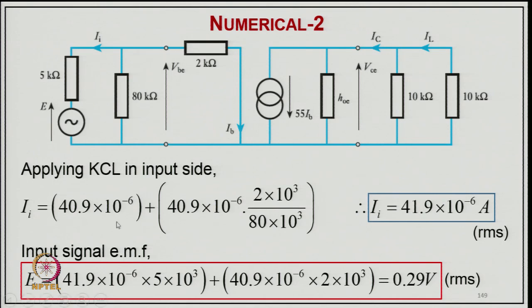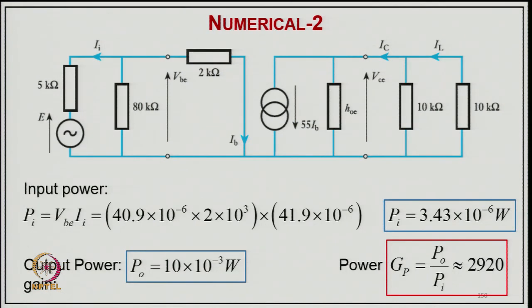So, you can have 40.9 × 10^3 applying this. So the input current comes again 41.9 microampere, and the input signal you can find out now: current multiplied by the resistance of the two components. So it comes 0.29 volt, and from here the input power can be V_B I_B, putting the value it comes like